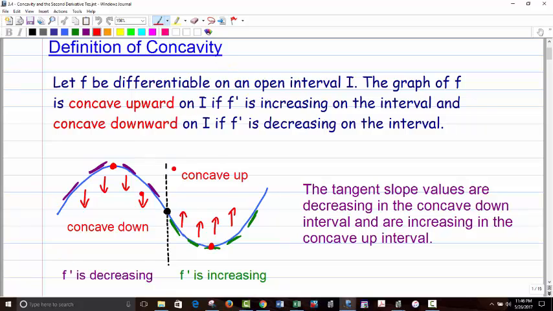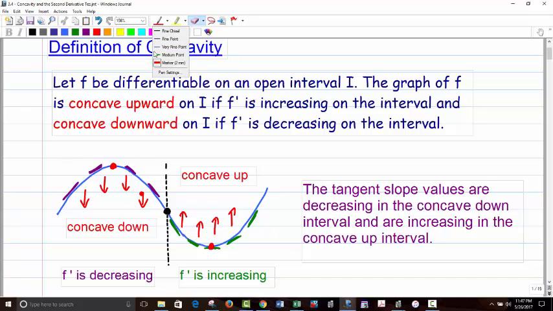Now you notice this interval, and I have this black line separating the two concavity sections here, but this first one's concave down. Now the function itself is increasing part of the way, then it's decreasing. But that's not what this is saying. Concave downward means f prime is decreasing. So I just drew a few tangent slopes to give you an idea. Maybe I should have put one at 0 there. If you notice that first tangent slope to the bottom left right here,